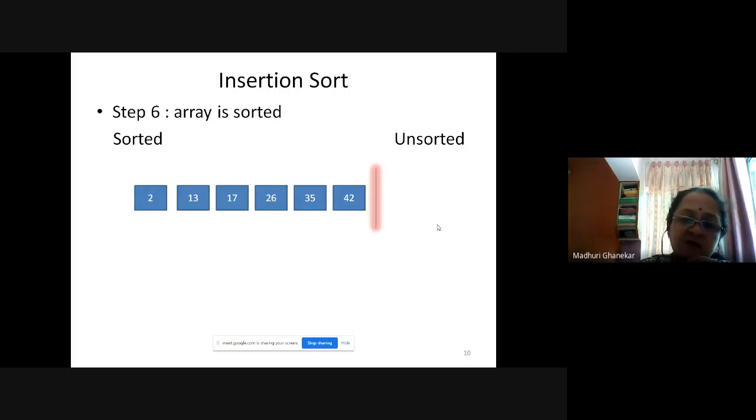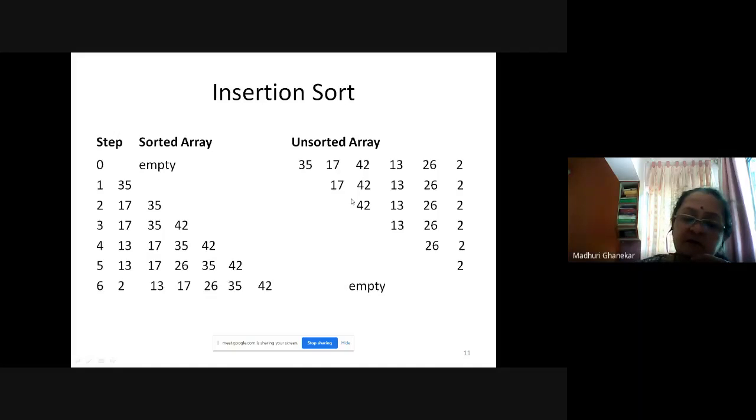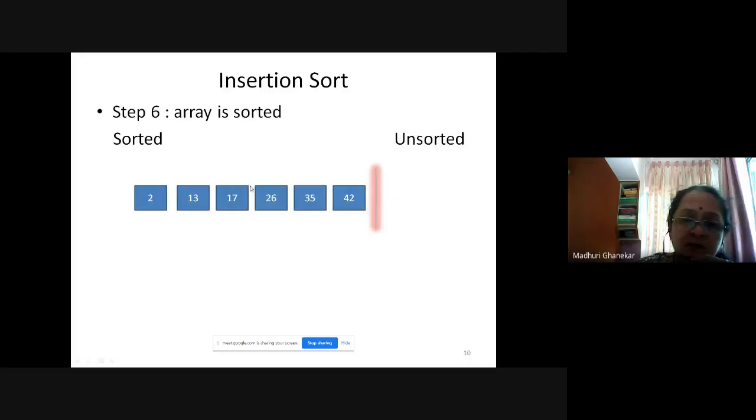This I have considered as a simple small example of just 6 elements for inserting from the unsorted array into the sorted array. So go on picking the very first element of the unsorted array, and compare it with the last element of the sorted array. If required, shift, and then find out the appropriate position in the array to insert the required element, and add that element at that position. So that is the logic for insertion sort.